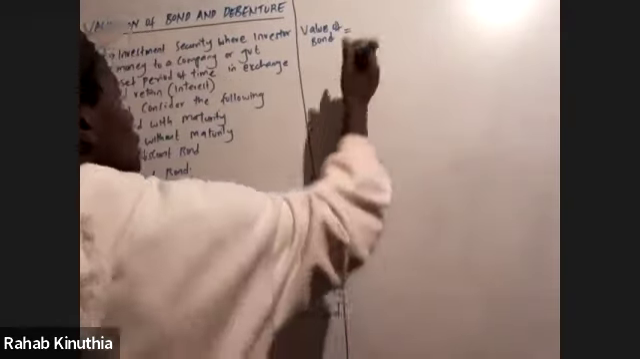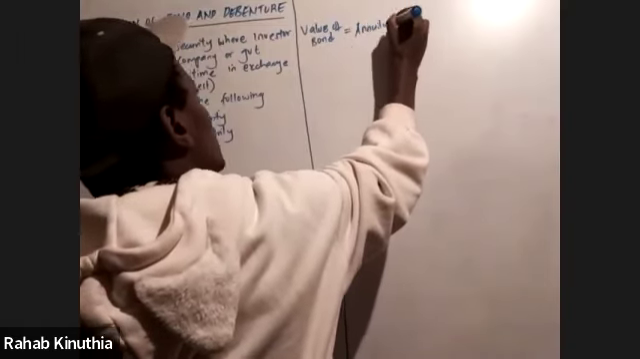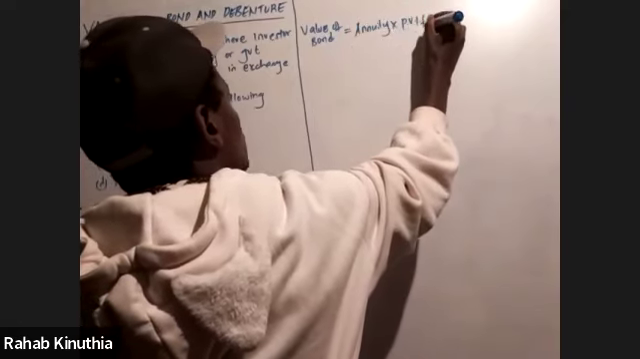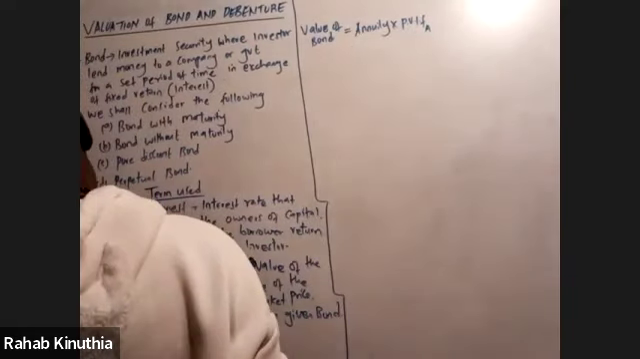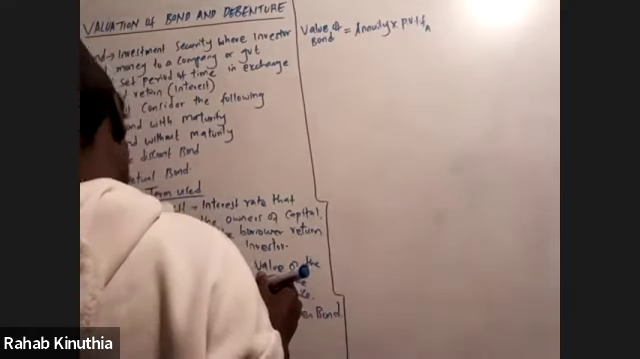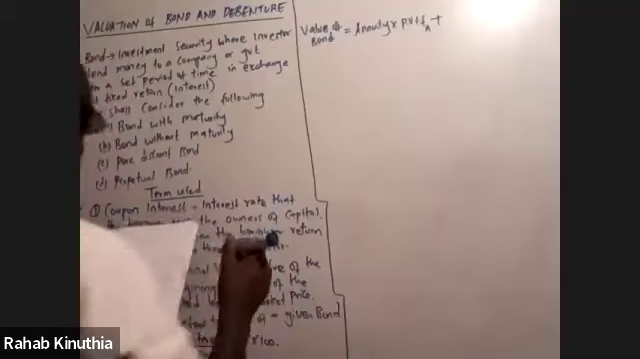So you go to annuity. What is the present value interest factor for annuity, plus